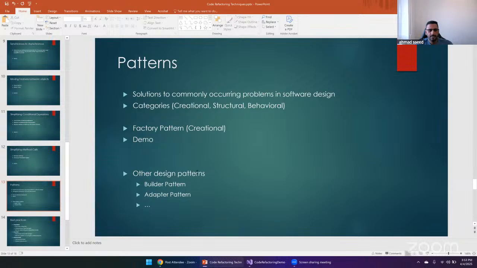We have other design patterns as well, which I will not include in today's training, but I would suggest everyone understand what these patterns are, and to make the code base more maintainable, try to refactor the code using these design patterns. For example, if you're going to build an object, try to use a builder pattern. If we are going to create something, try to use a factory pattern to hide the creation logic. Let me just quickly show